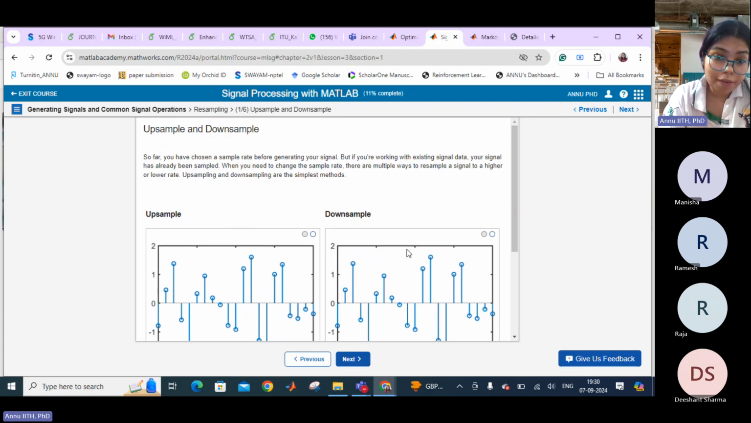So far, you have chosen a sample rate before generating your signal. But if you are working with existing signal data, your signal has already been sampled. When you need to change the sample rate, there are multiple ways to resample a signal to a higher or lower rate. So upsampling and downsampling are the simplest methods. So when we are generating a signal where t is equal to nTs,